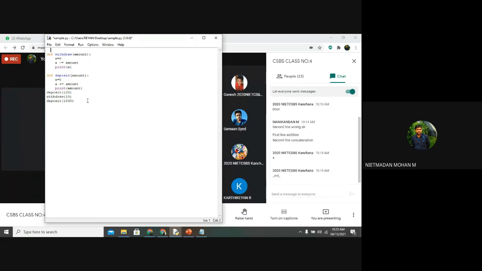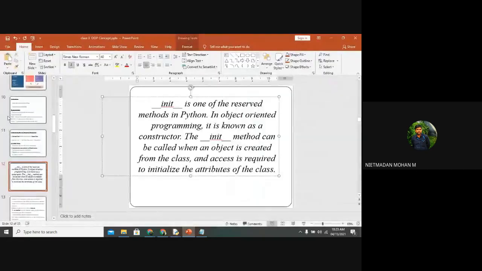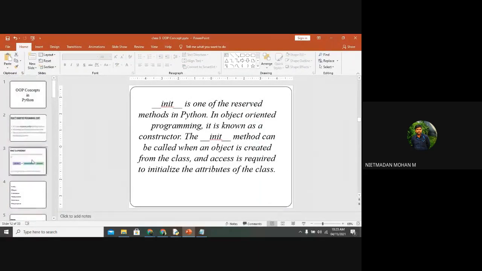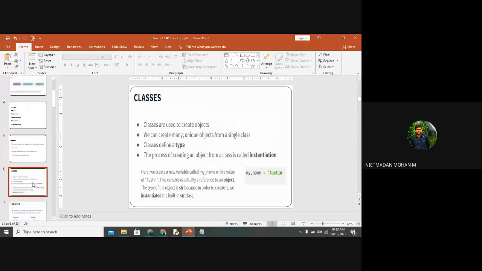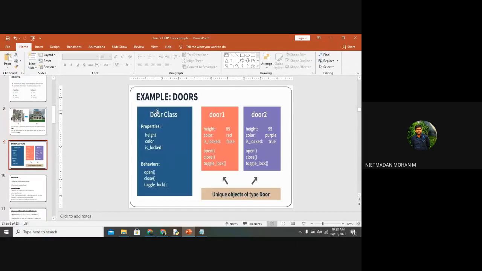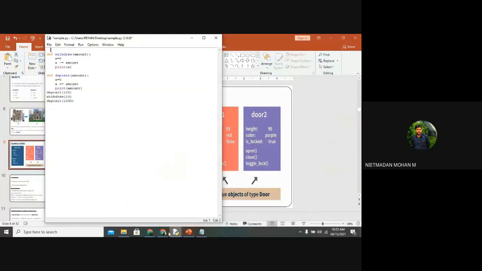No, I have not explained init to you yet, Kanchana. Before that, I have given you the syntax of how the class needs to be represented. In the previous class, I told you how the class is represented with an image. Here you can see, you represent the class by using a keyword called class, and after that you give the class name.